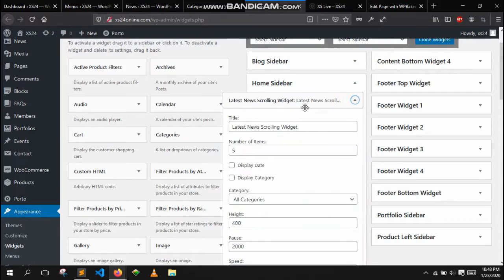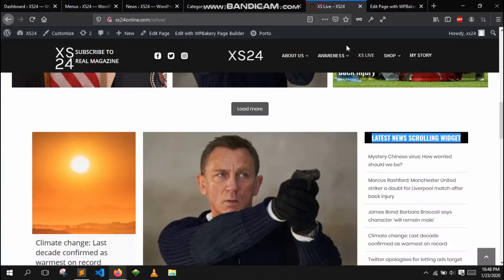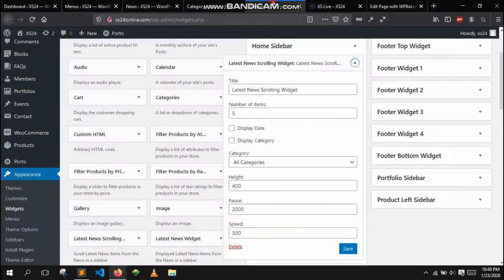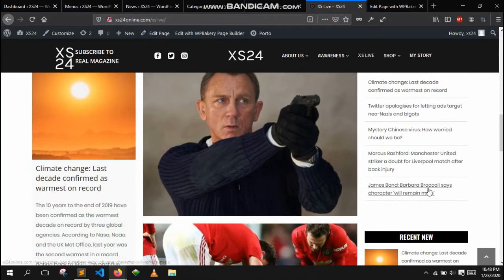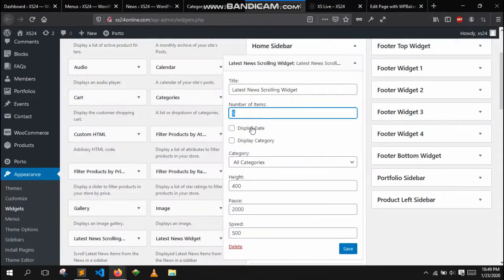If you open this first widget, it says latest news scrolling widget, which is obviously this one. You can change the title here. You can change the number of items it is displaying. Right now it's only 5. Okay, and you can display a date, you can display a category, and here it says category, which is selected